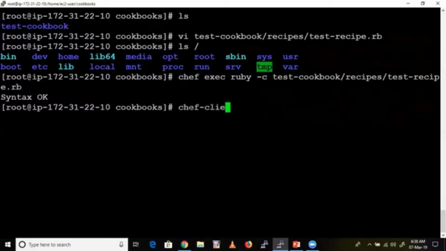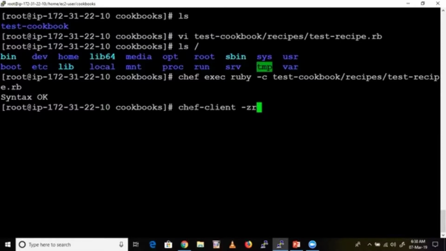chef-client. Slowly you'll get familiarity with all these things. chef-client -z, or some people call it Z. -z means local mode. We are applying locally, so that's why we are mentioning -z.